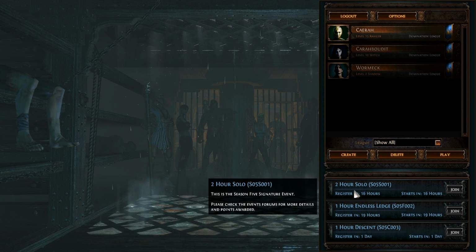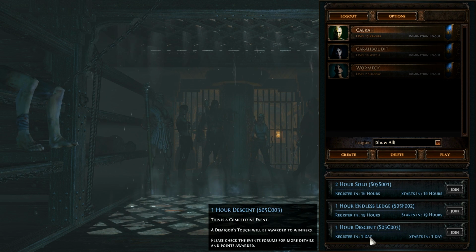So you create a brand new character in it. You don't have access to any of your existing characters or your stash when you're in a race. And the point is to get as many points as you can. And you get points by reaching certain levels with that character without dying. If you die, that's the end of your race. And also for doing certain objectives along the way, which are dependent on the actual